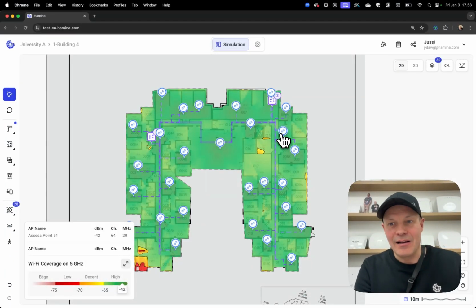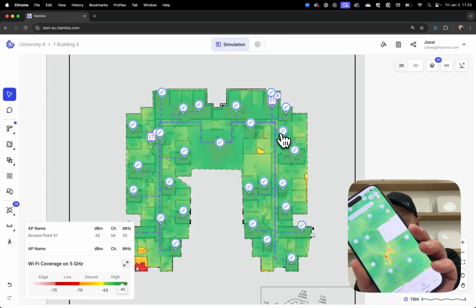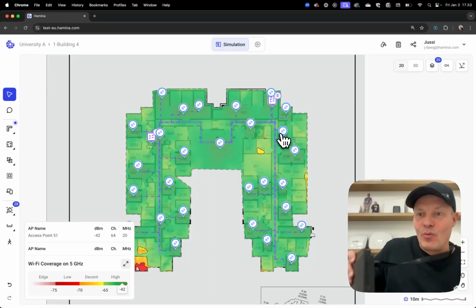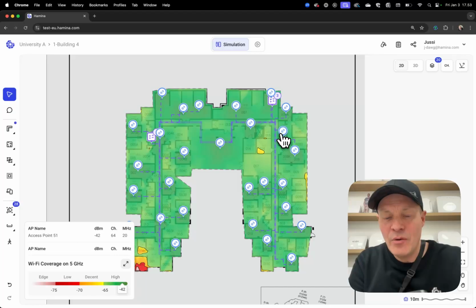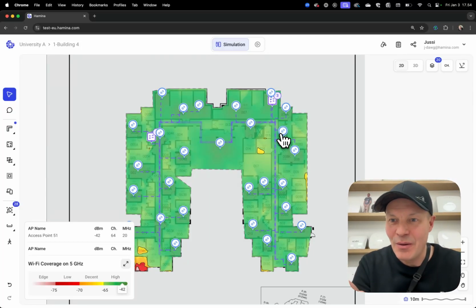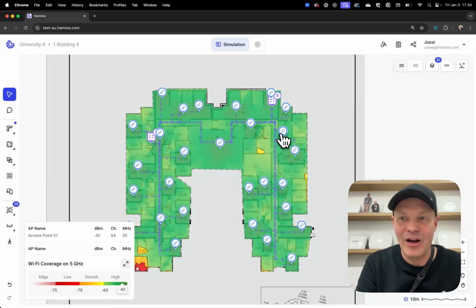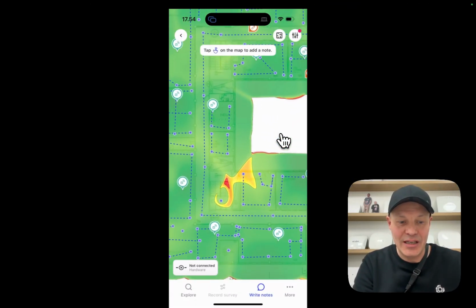Great. Then comes down to validate the network. So we might go on site and walk around the network with, for example, our iPhone app, as well as our Wi-Fi measurement device, which is really small, easy to carry. And then as we walk around the network, we would pick up all the Wi-Fi access points, pick up all of their signals. And whereas right now on the browser, we were doing a predictive coverage plan or a simulation of how the network would work, on the phone itself, once we walked around the site, we see how the